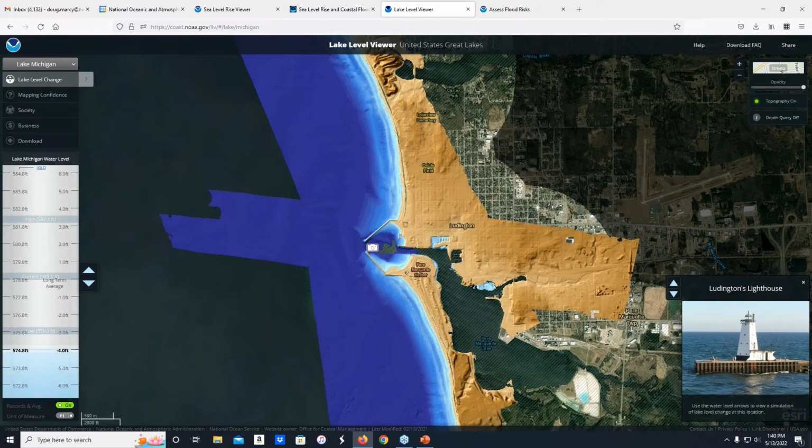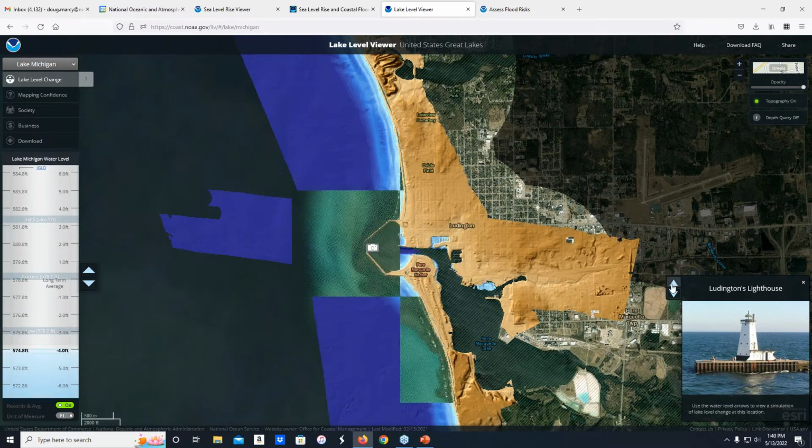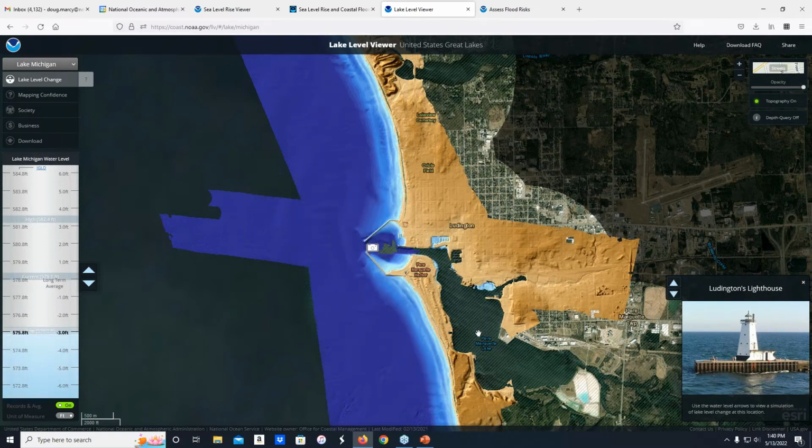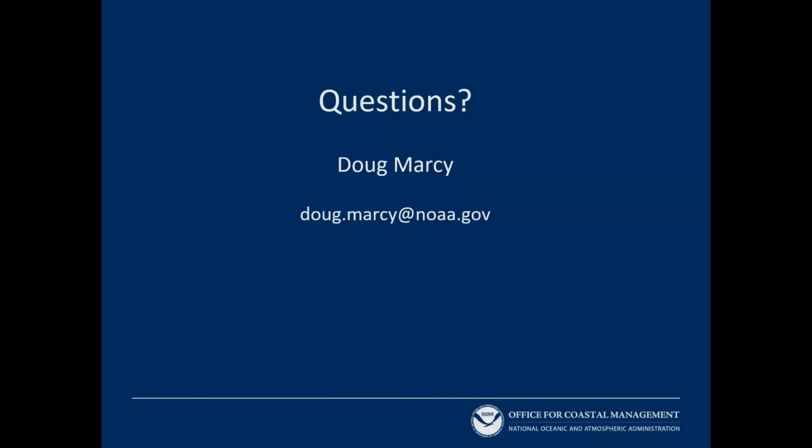We are going to actually be updating this as well in the next year or so and trying to fill data gaps. You can see we don't have any data here in some of the estuaries. Okay, and I think with that, I'm going to go back and leave the last slide. If there's any questions, I guess when we get to it, this is my email address.